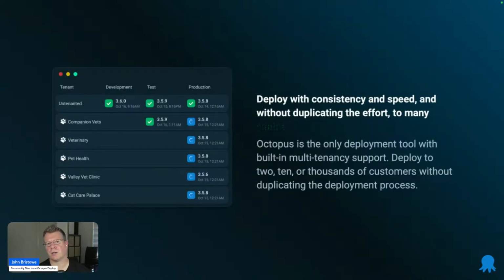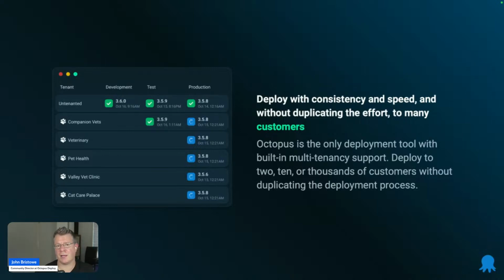And then there's a feature here that we haven't highlighted in the demo, but I'll mention, and it's something that we see a lot of customers use, especially when they get more mature in their use of Octopus. It's called multi-tenancy. Multi-tenancy is really, really powerful because we are basically the only deployment tool that supports it. It allows you to do a deployment across thousands and thousands of different customers without having to duplicate your deployment process over and over again for each and every customer.